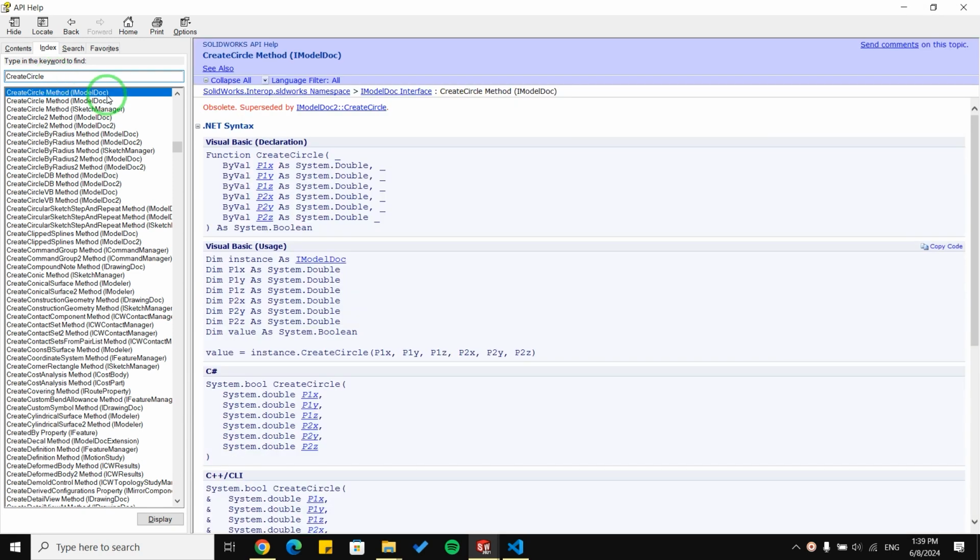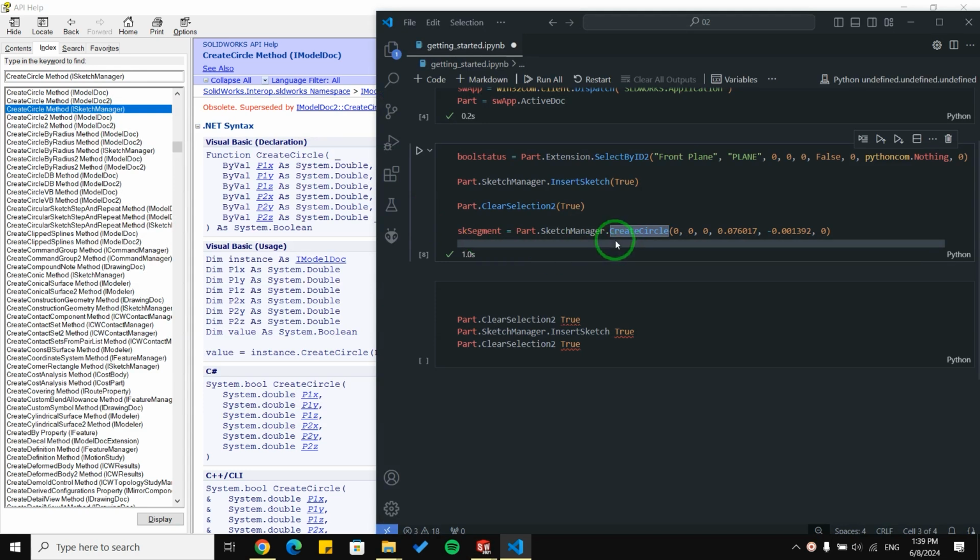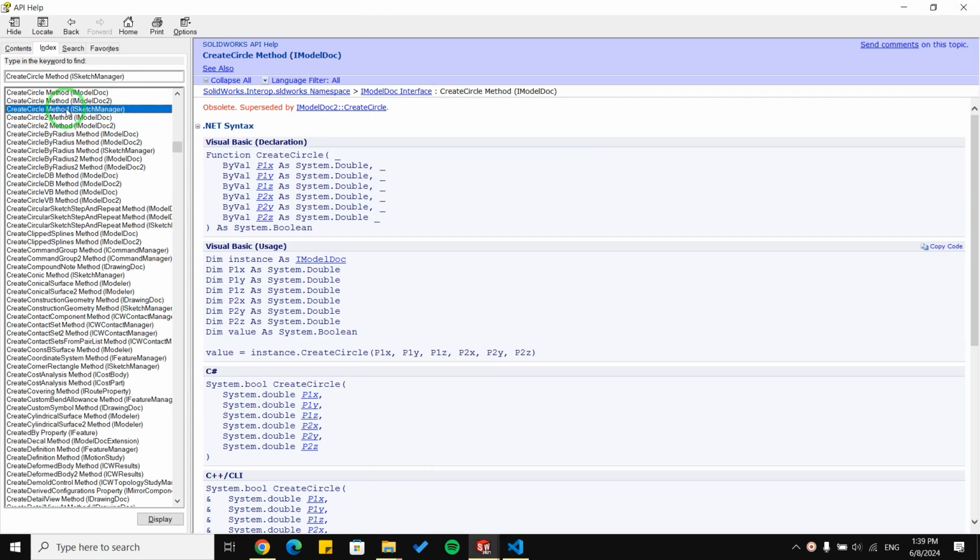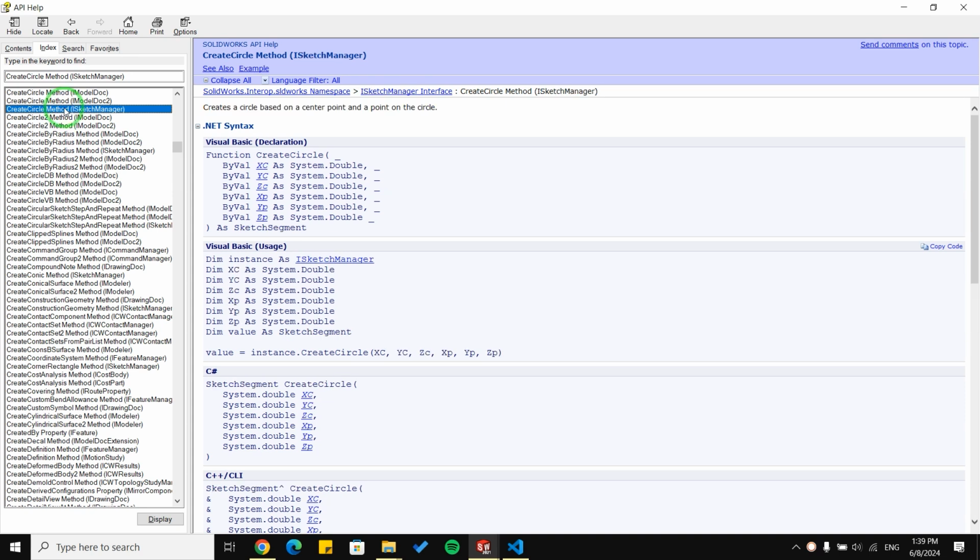We have different create circle methods. One of them is on the model doc, another one is on the model doc 2, and another one is on the sketch manager. You can see here our create circle is on the sketch manager. So I'm going to click this one, the create circle method on the sketch manager.